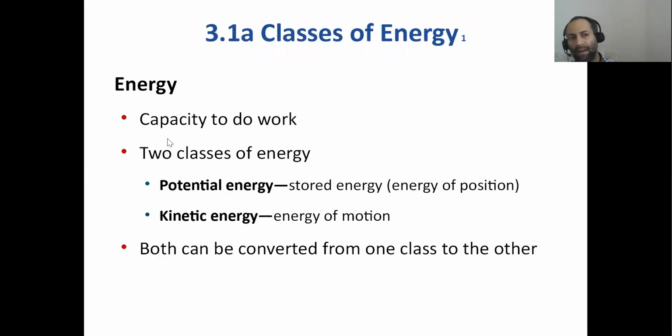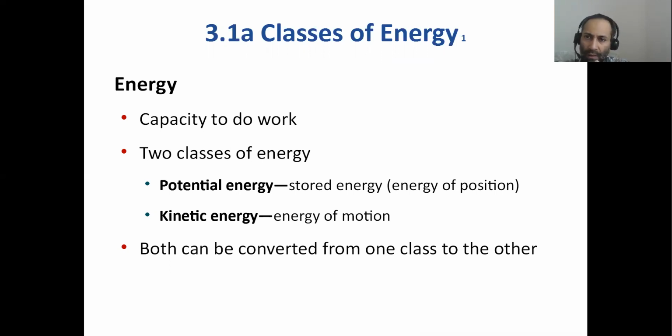So there we go. Energy is your capacity to do work. Work itself is force and distance, right? There are two types of energy mentioned here: potential versus kinetic energy. It's a simple concept. Potential energy is that type of energy that has the potential to do work, but at that given time, it's stationary, it's not moving. For example, if I hold this pen up here in my hand, I'm holding it up against gravity, right? It's not moving yet, but it has the potential to move if I let it go. So this is potential energy.